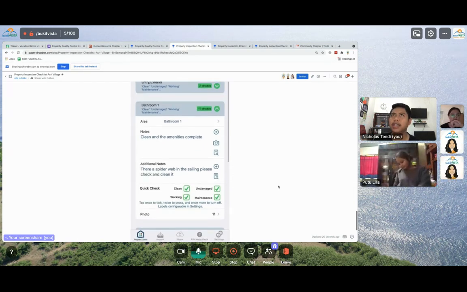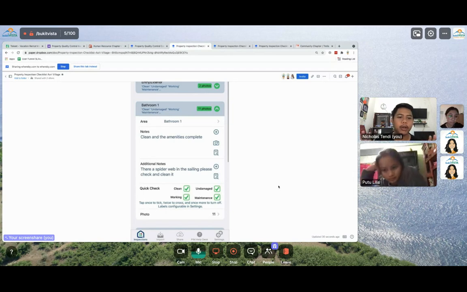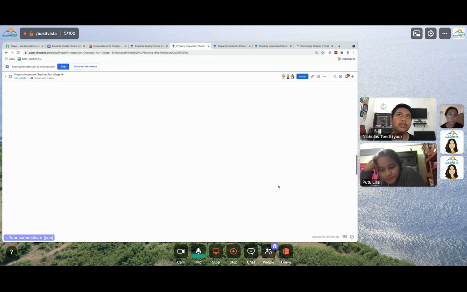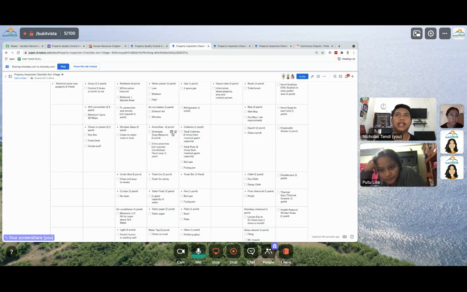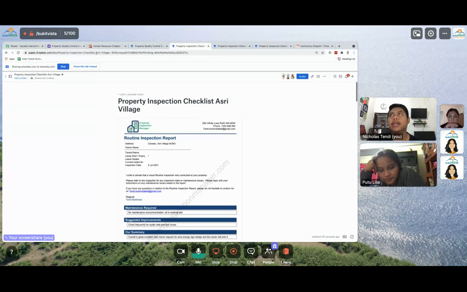Sebenarnya simple sih untuk application-nya. Aku cuman bisa working one time gitu loh. Jadi aku open application ini waktu inspection, aku langsung buat reportnya di sana, langsung aku submit, udah selesai. Tapi kalau yang preview sistemnya, aku cuman tag picture, terus sampai rumah aku harus buka paper lagi, ngetik satu-satu kayak gitu. Jadi reducing time banget sih. Back to okay, stop share.